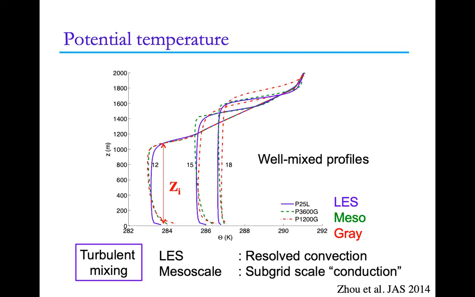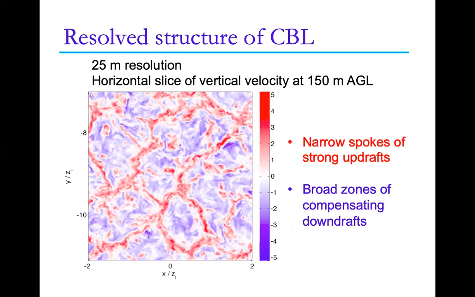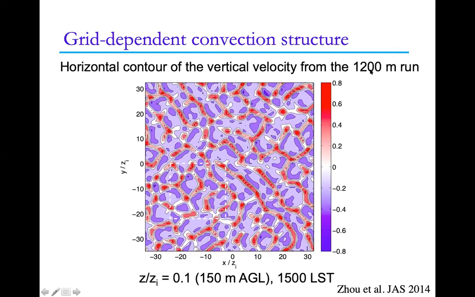If we look into more detail though, we see that the structure of the convective boundary layer is very different. So here again is what we expect to see at 25-meter resolution with these updrafts and downdrafts. And if I show you what happens at the 1.2 kilometer run, you also see these kinds of features, where you have updrafts in red and downdrafts in blue, and a very organized structure again, right? They look like these convective cells, kind of like what we see on the 25-meter grid.